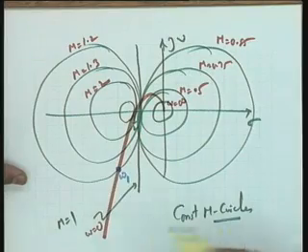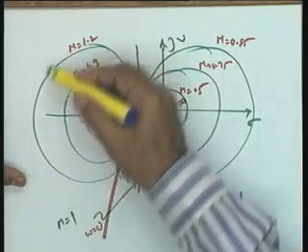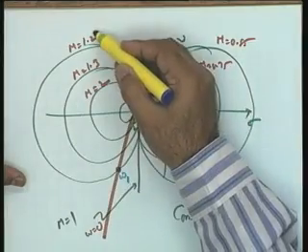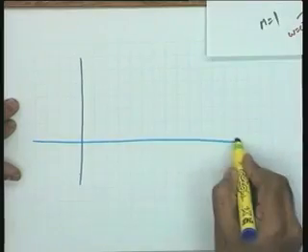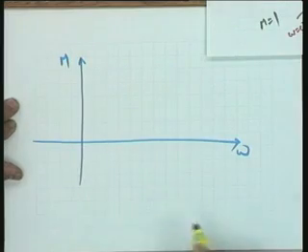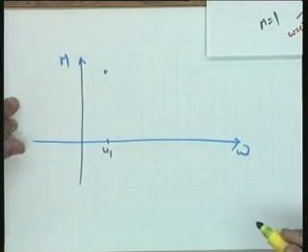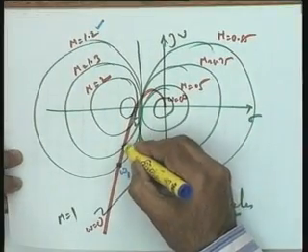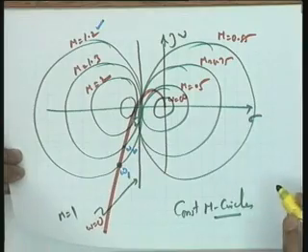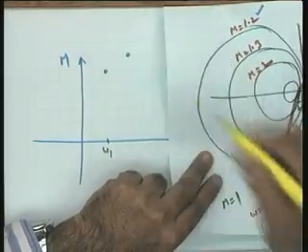It will simply mean that at frequency omega 1 the magnitude of the closed loop frequency response is 1.2. Let me make a sketch here, omega versus m magnitude, and now you have a point at omega 1 where the magnitude is 1.2. You take another point of intersection, let me call it omega 2, where the magnitude is 1.3.